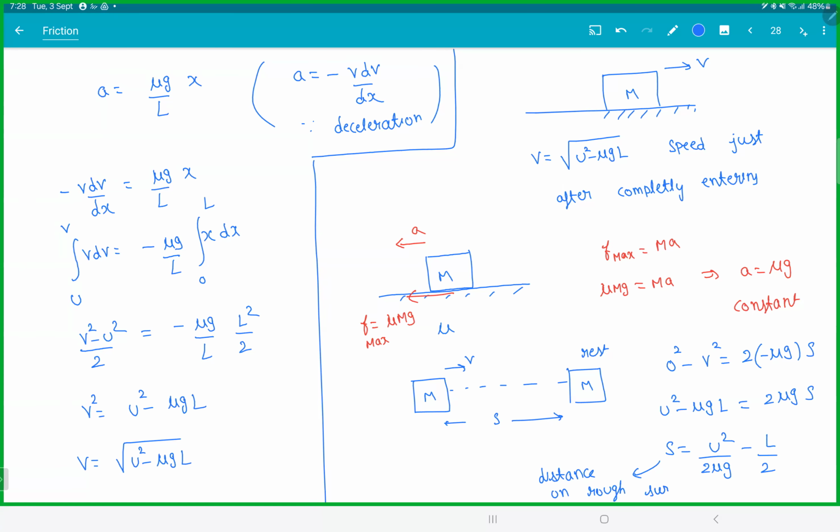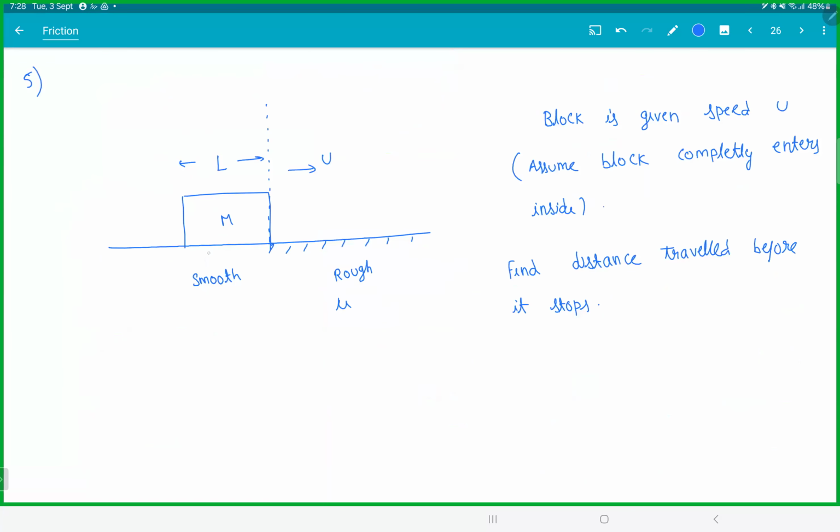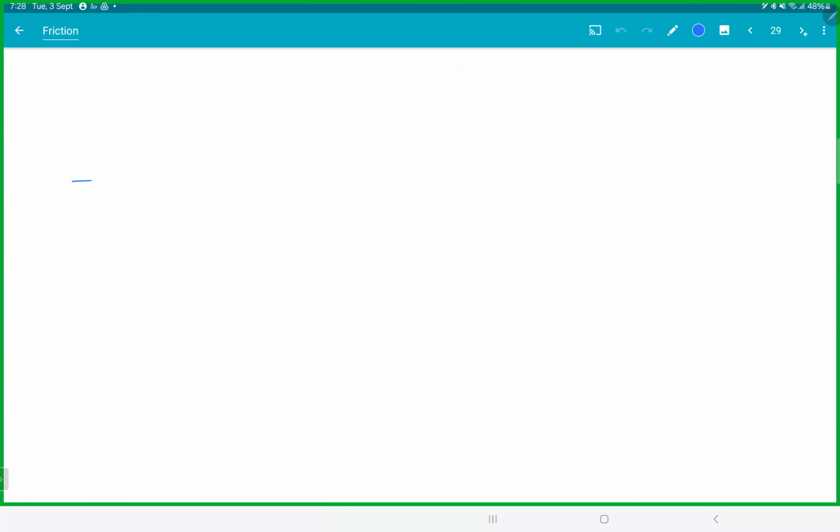So total कितना travel किया? First you traveled L here and then you traveled S here, na? I hope you're getting it. The question is total distance traveled. So this block here, if I draw the diagram,